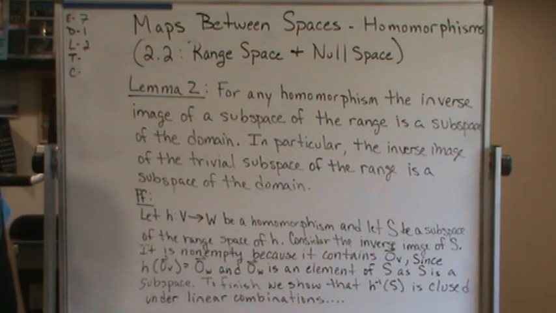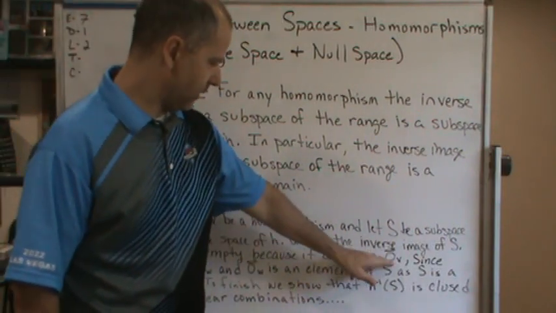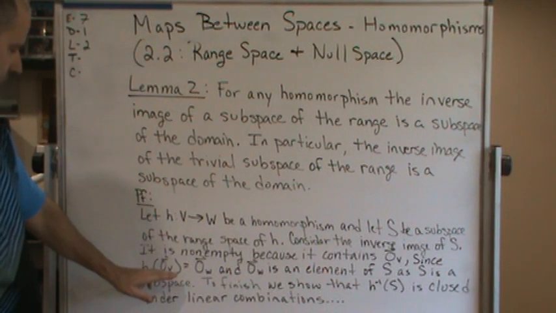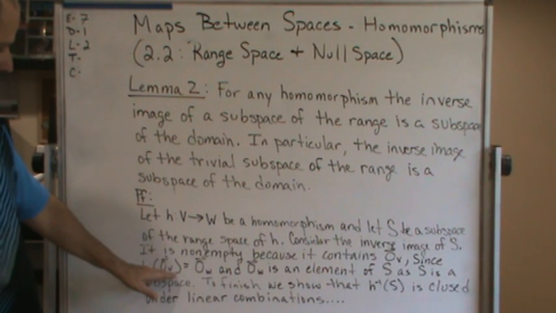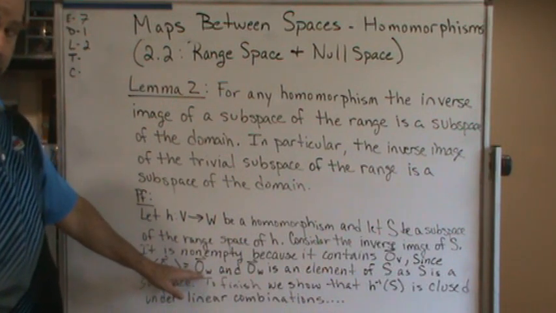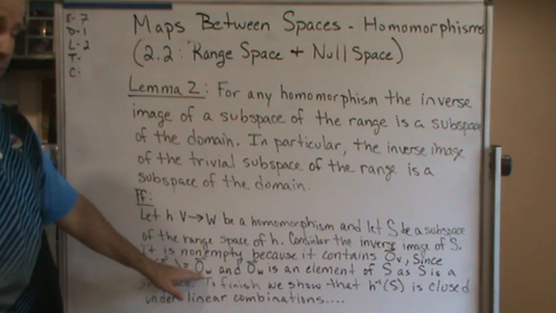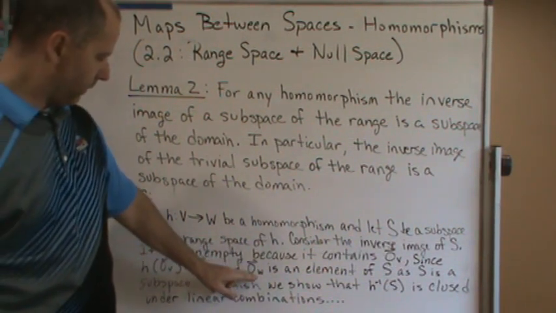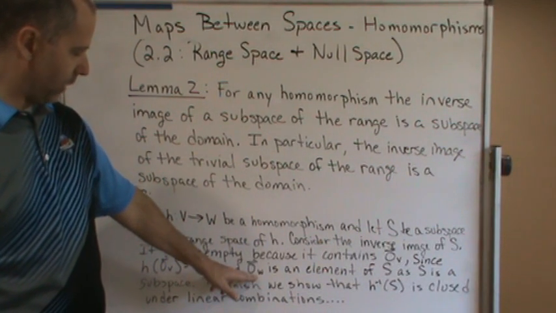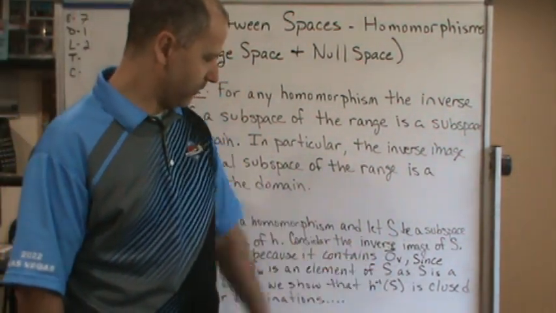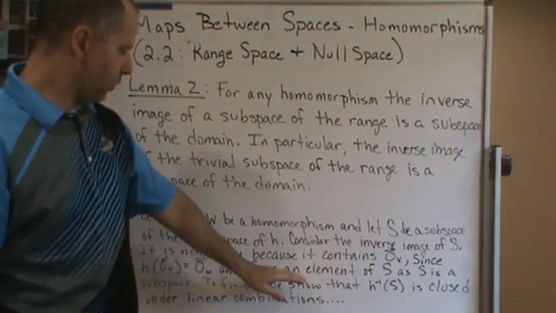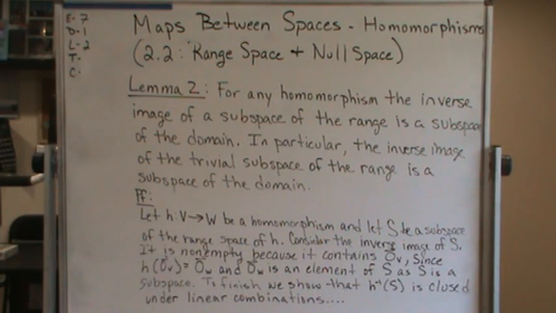right? So that set is non-empty because it contains the 0 vector, since H of the 0 vector in V is equal to the 0 vector in W. So the trivial vector maps to the trivial vector, and the 0 vector in W is an element of S, as S is a subspace. Now that we know it's non-empty, to finish, we show that the inverse image of S is closed under